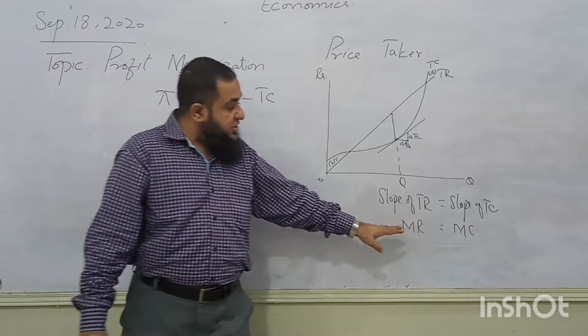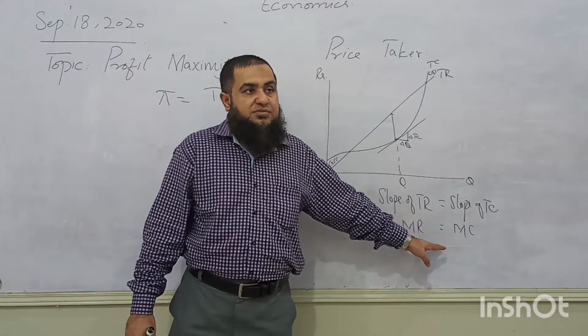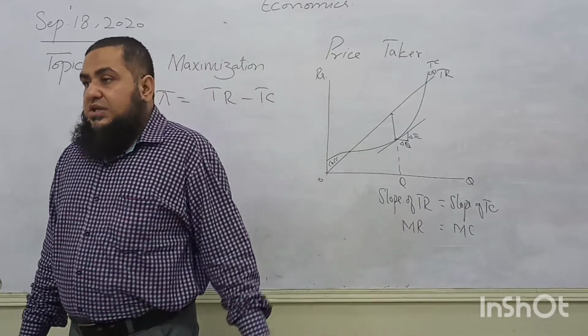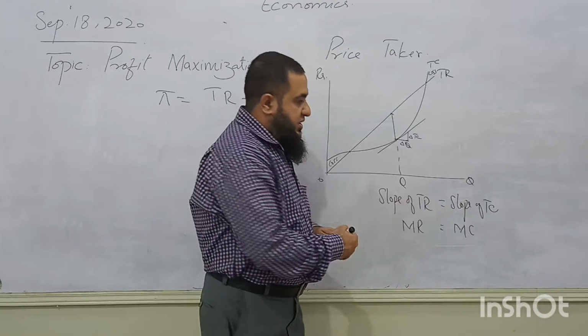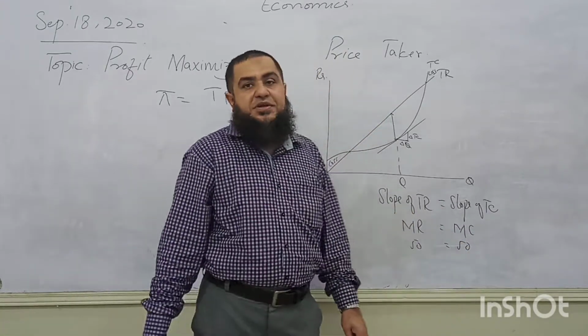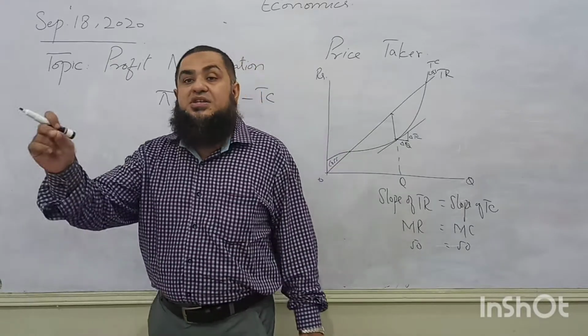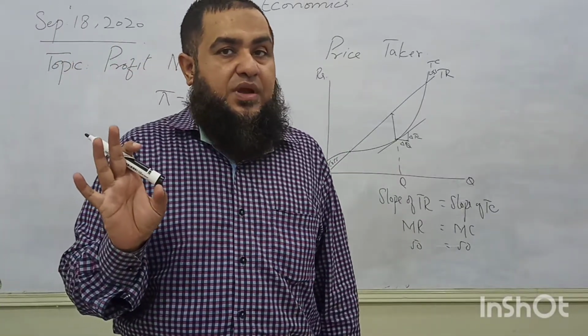Students say this is a zero profit when revenue and costs are equal. Most of the time students ask how the profit is maximized, whereas we find that if marginal revenue is 50 and marginal cost is also 50, what is the profit? This is the marginal profit, it is zero. Total profit is not zero.